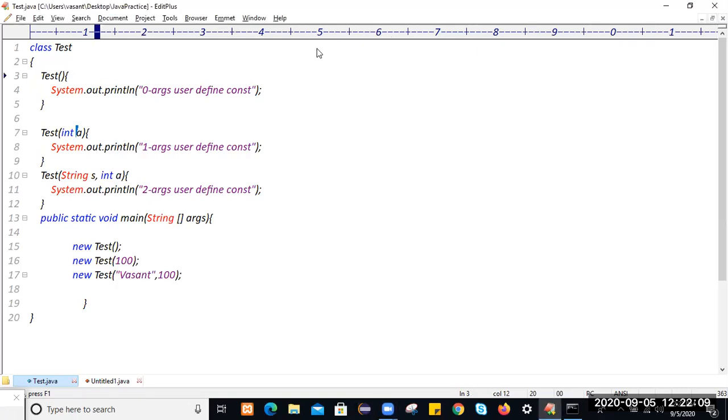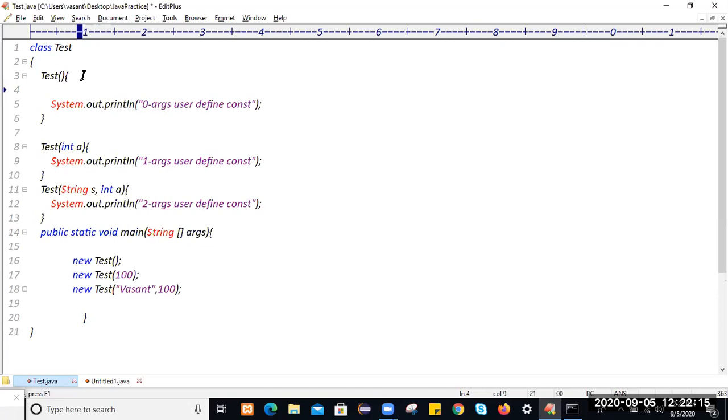But to call the same class constructor, this must be the first statement within the constructor. This is called the constructor calling statement. So to call the same class constructor, this statement should be first within the constructor. Yes, we have kept this statement first within the constructor.